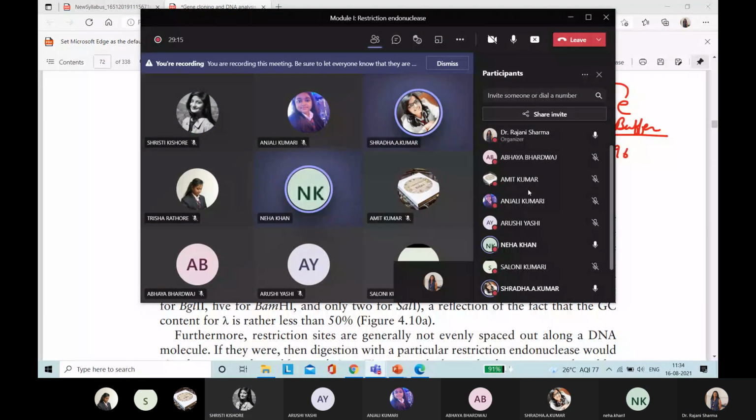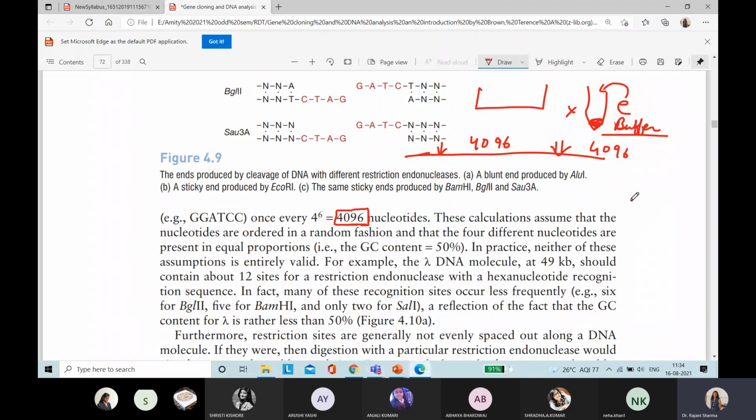Yes, to maintain the pH, because only at a particular physiology will the enzyme be functional. It is not possible to just use it randomly. To avoid this randomness and the destruction of your resources, say you have only 10 ml of stock solution for the BamHI buffer, and you just randomly use it.